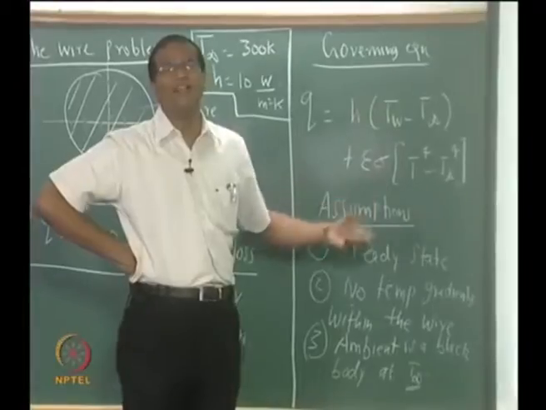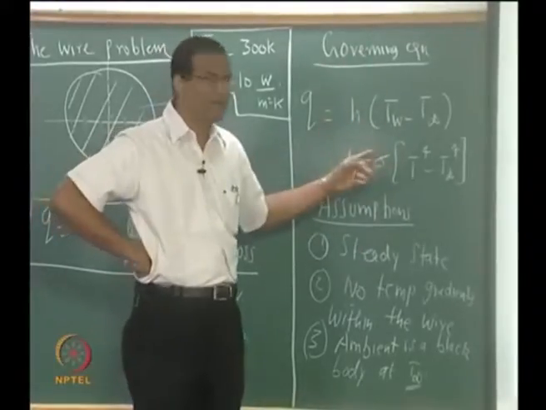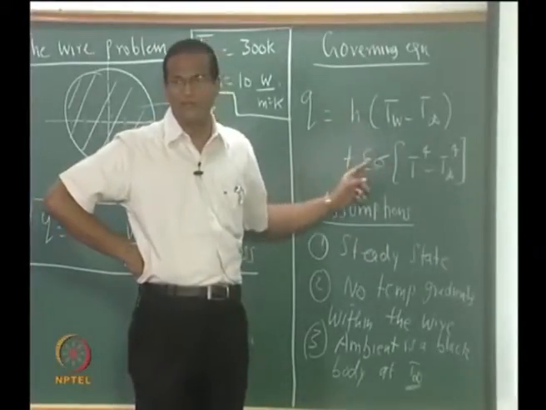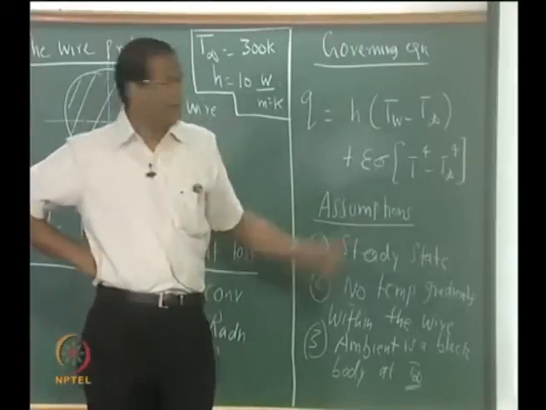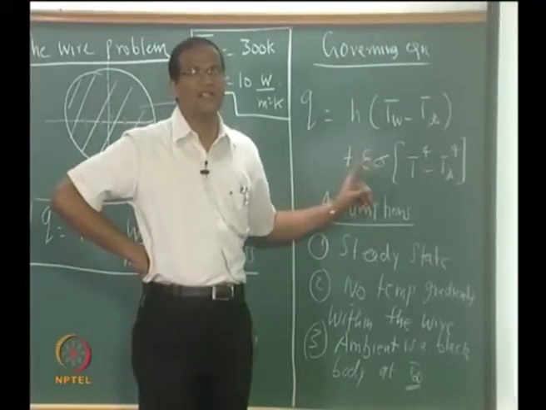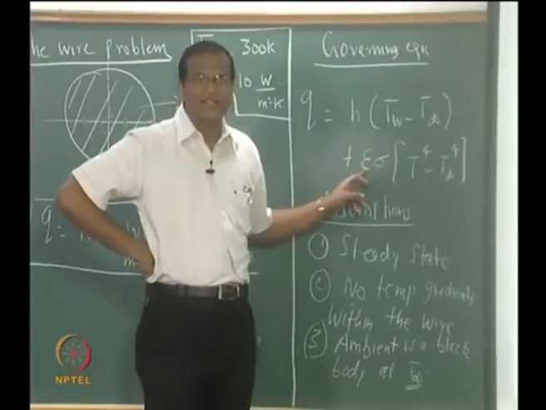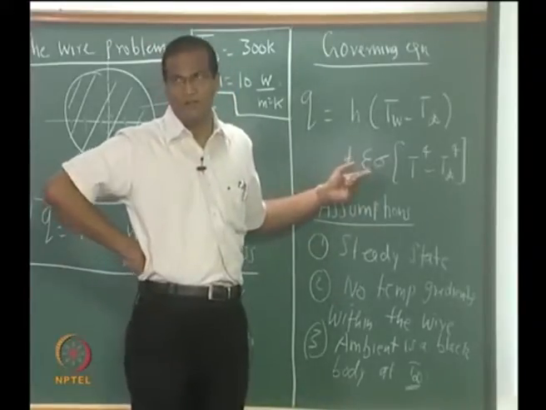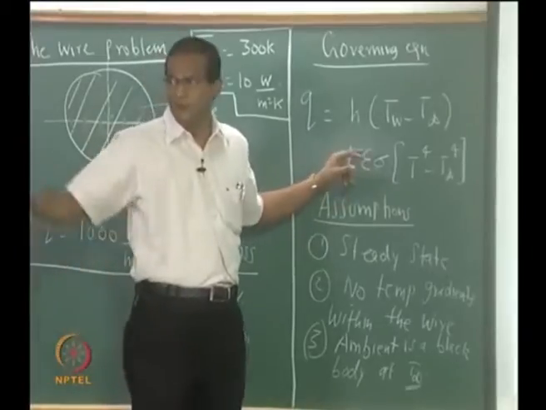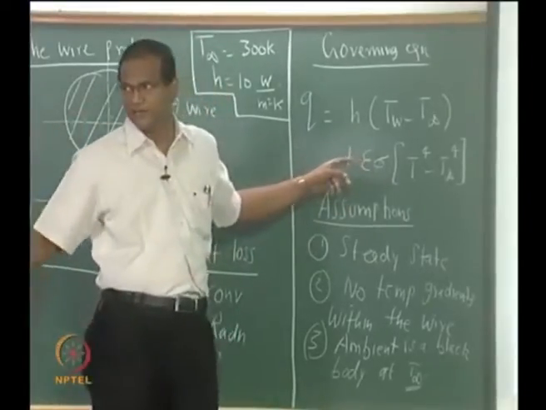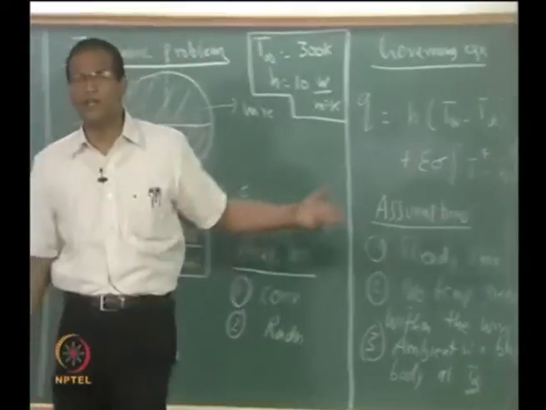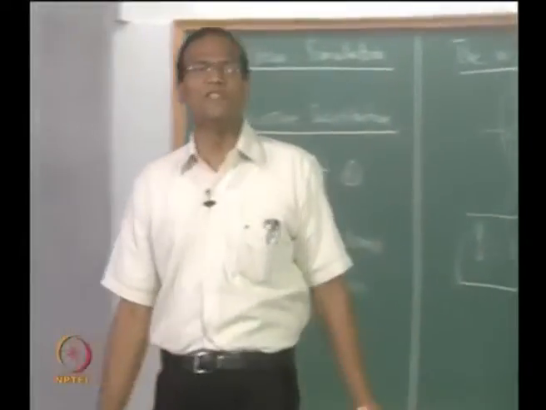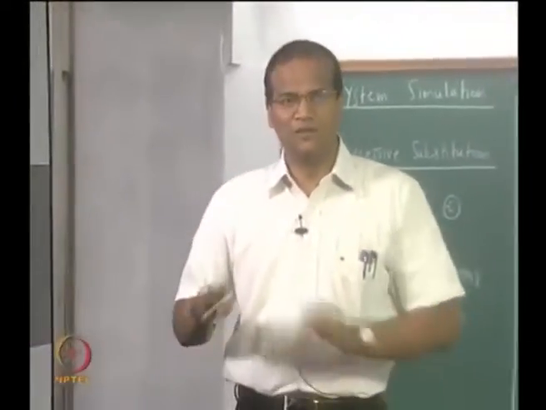Simply people say, oh, radiation, oh, epsilon sigma T to the power of 4 minus. I derive this from first principles using a 2-body enclosure, and I prove in my conduction radiation class that so many assumptions are there. So I don't have the time now. We are also live on this thing, but if you want I can show it to you at the end of the class. Okay, so you have to use a 2-body enclosure. You can just show by simple physics, so that epsilon is equal to 1.